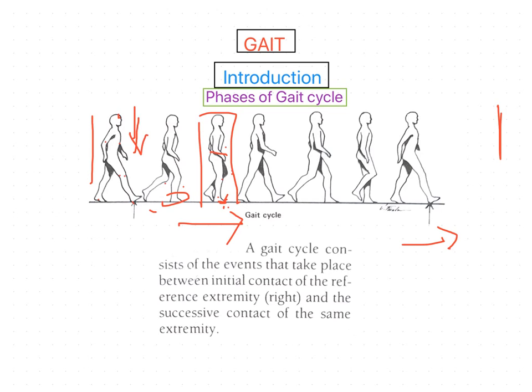And the last one is the absorption of mechanical energy for shock absorption and stability, or to decrease the forward velocity of the body. So maintaining balance and stability is very important during ambulation, and there is an